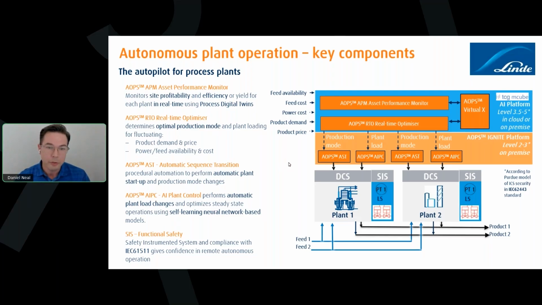Let's say you have traditional applications such as Aspen or Pace. We have standardized integration kits to plug and play and optimize our solution with your current architecture. So a couple of the modules which Rajeev already mentioned that make autonomous operations possible is the automatic sequence transition. That's procedural automation or state-based control, essentially embedding the plant operating discipline